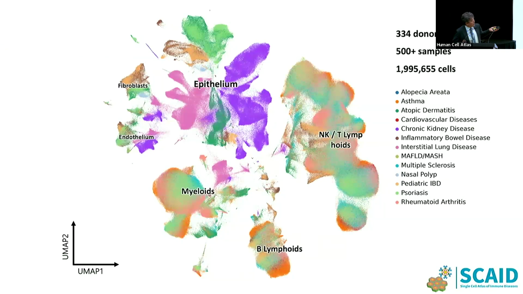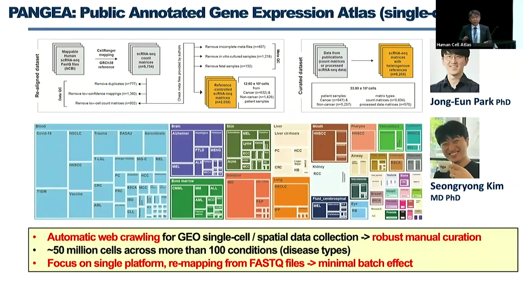So we made an integration of about 2 million cells from 300 donors. And we try to use our data for some integration. This is one example. This is Dr. Jong Park's work. He made the Pangea project. He used the public